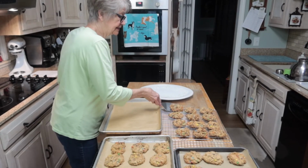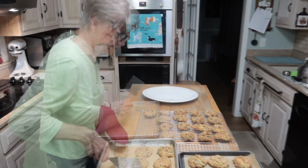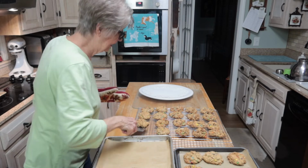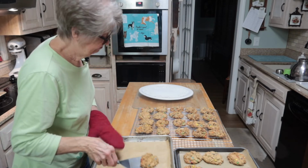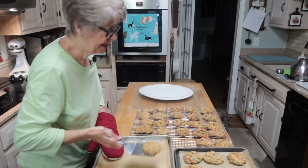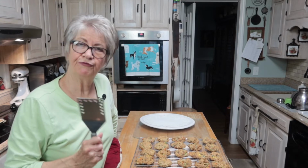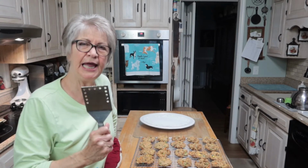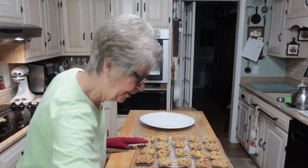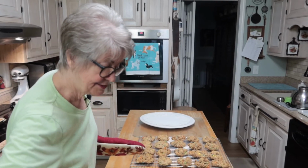I think these are one of the very easiest cookies I've ever made. And even if you mess up like I did, forgetting to put the peanut butter in until I had already put the rolled oats, it still worked out great. Who knows, it may have even worked out better, I'm not sure. But the moral of that story is, if at first you don't succeed, keep trying. Don't give up. Don't say, oh no, I didn't put the peanut butter in,